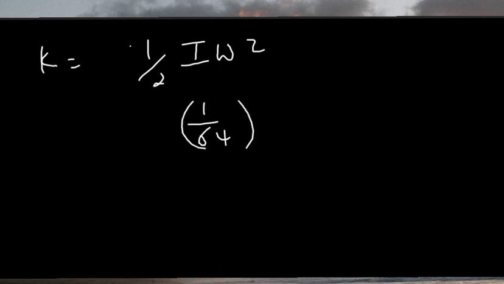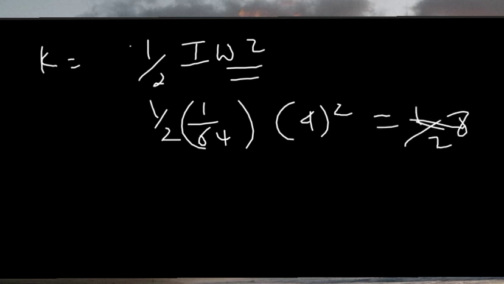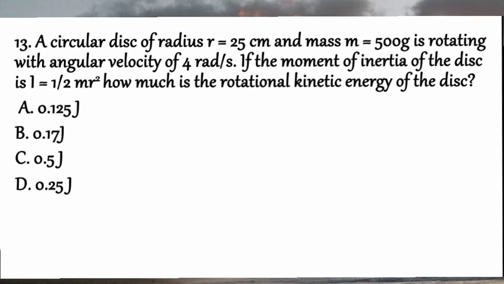ኪኔቲክ ኢነርጂ which is equal to 1/2 ኢነርሻል ኦሜጋ ስኩዌር ነው። ስለዚህ ኢነርሻላችን 1/64 ታይምስ 1/2 አለ። ኦሜጋ ደግሞ 4 ነው፣ 4 ዘ ሆል ስኩዌር 16 ይመጣላችኋል። ስለዚህ 1/8 መልሳችን ይመጣል፣ ሮቴሽናል ኪኔቲክ ኢነርጂ 1/8 ጁል ወይም 0.125 ጁል ይመጣል። So the answer is A ማለት ነው።